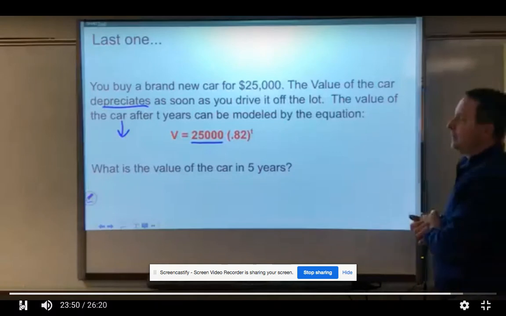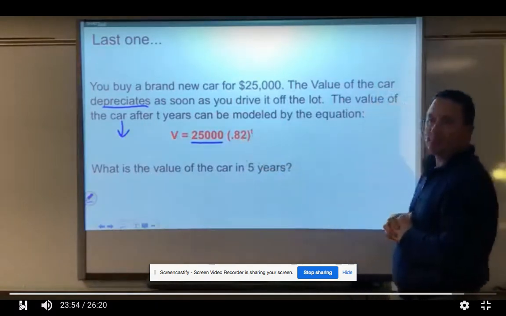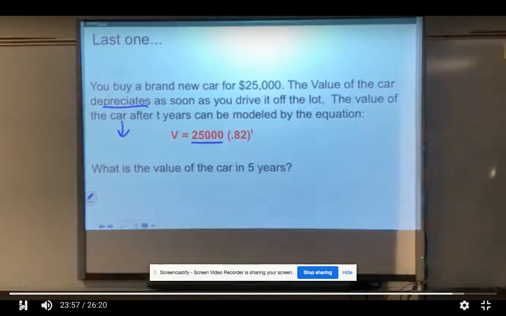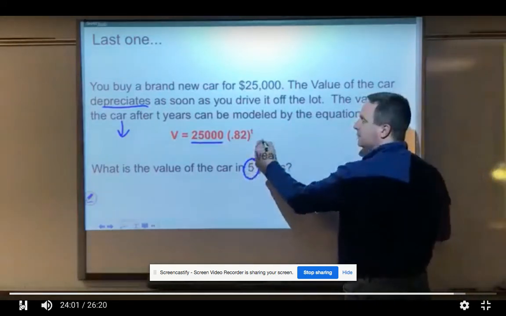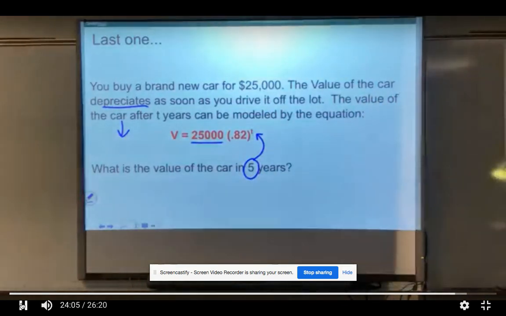And it keeps 82% of its value every year that you own it. How much would it be worth in 5 years? Well, we're just going to take this 5 and plug it into the equation right there. If I use my calculator,